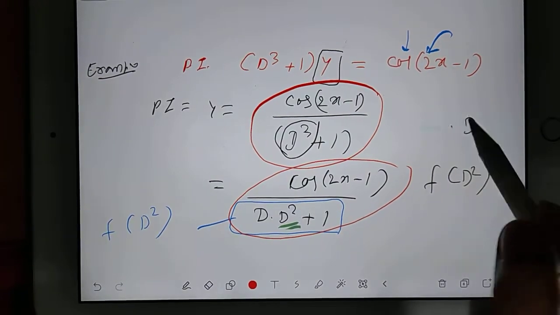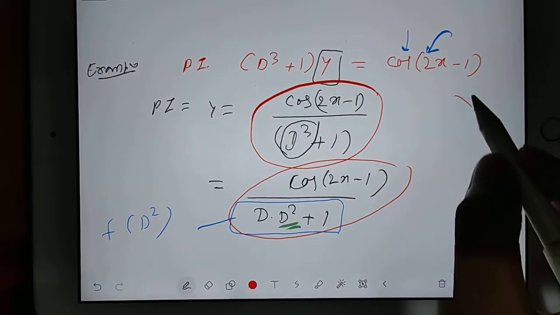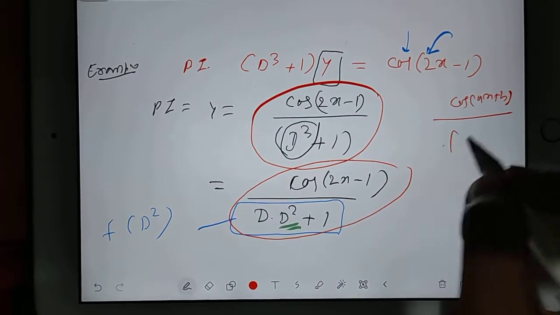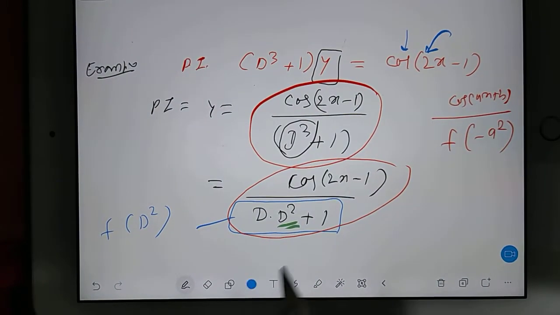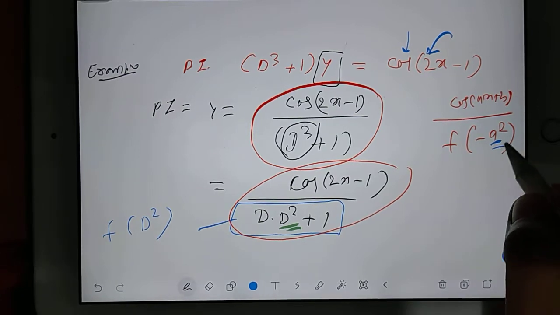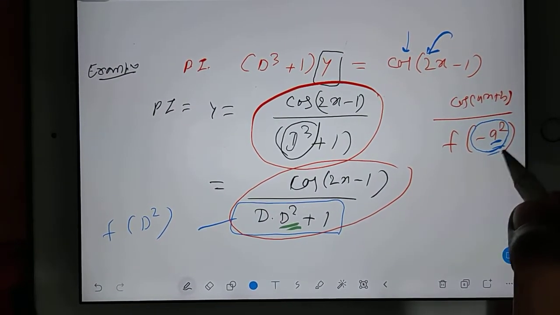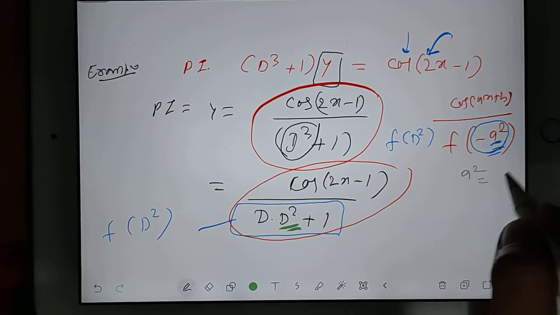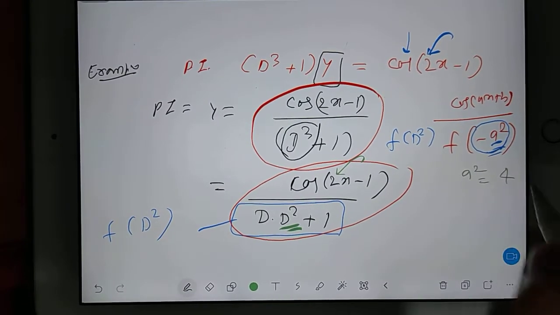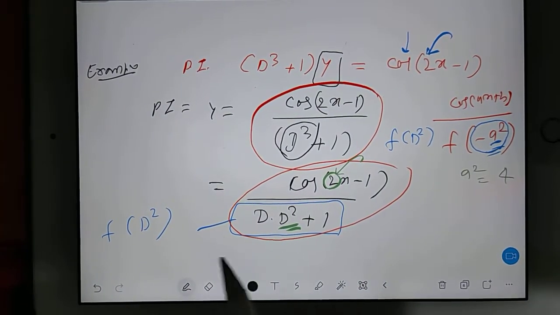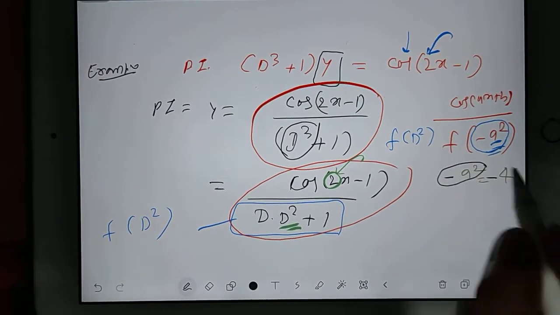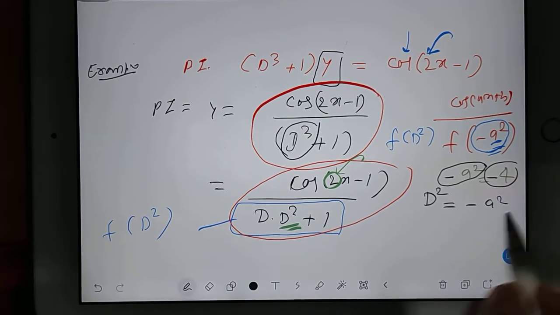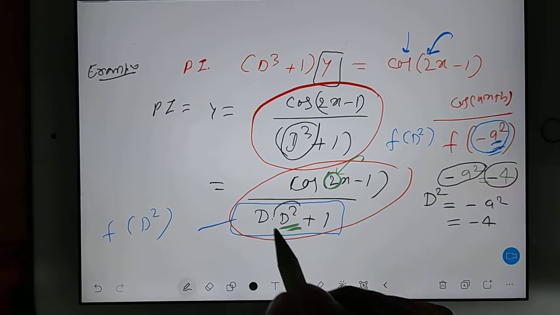That direct answer you should recall. That is nothing but whatever your cos ax plus b, you will write as it is, divided by f minus a square. So again, get my point. What is your a value, and where you are replacing the entire answer? You are replacing the entire answer for f of d square. So first you bother about what is your a square. A square in this question is 4, because 2 is the a value, so a square of that is 4. Now put a minus sign here, so minus a square is minus 4. So wherever you have d square, there you will write minus a square. It means there you will write minus 4. It means here you will write minus 4.